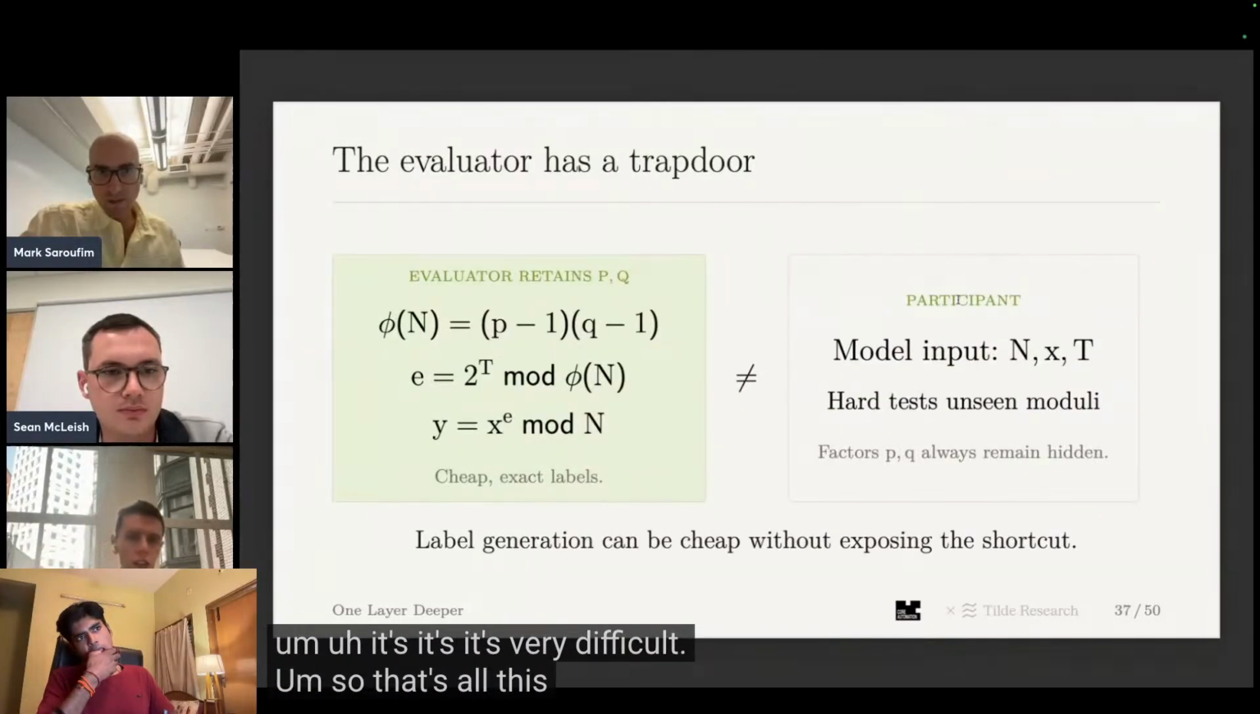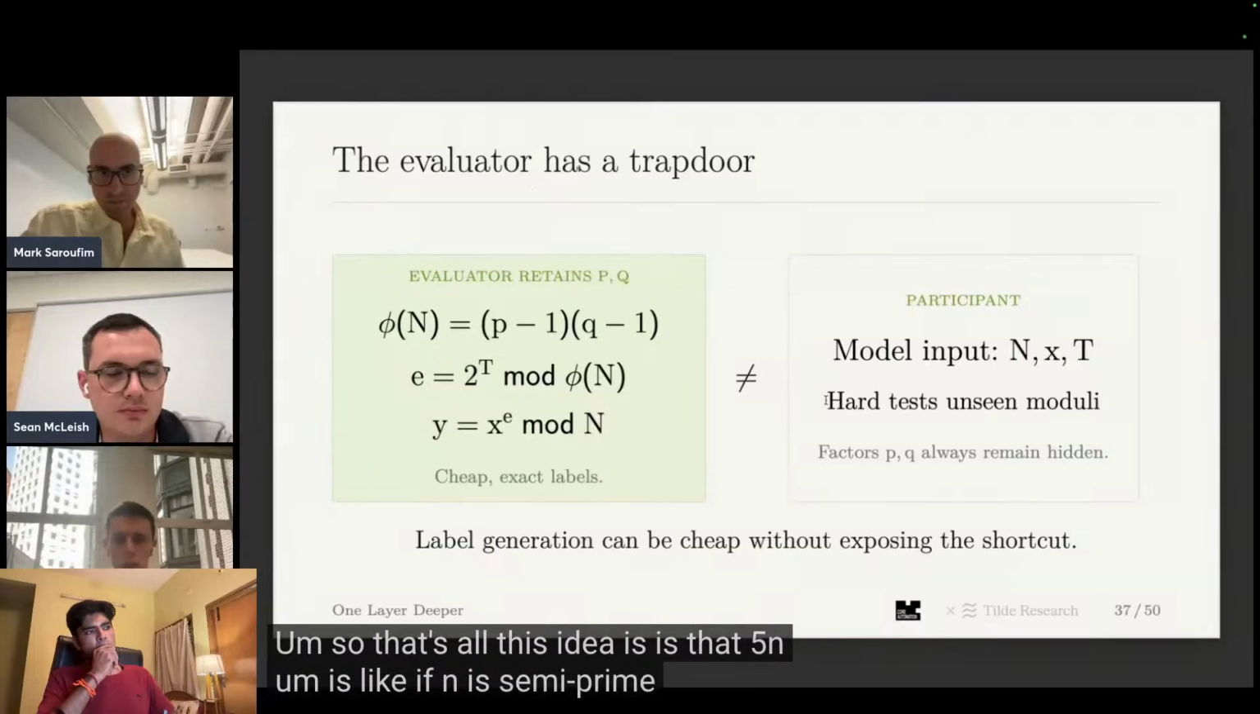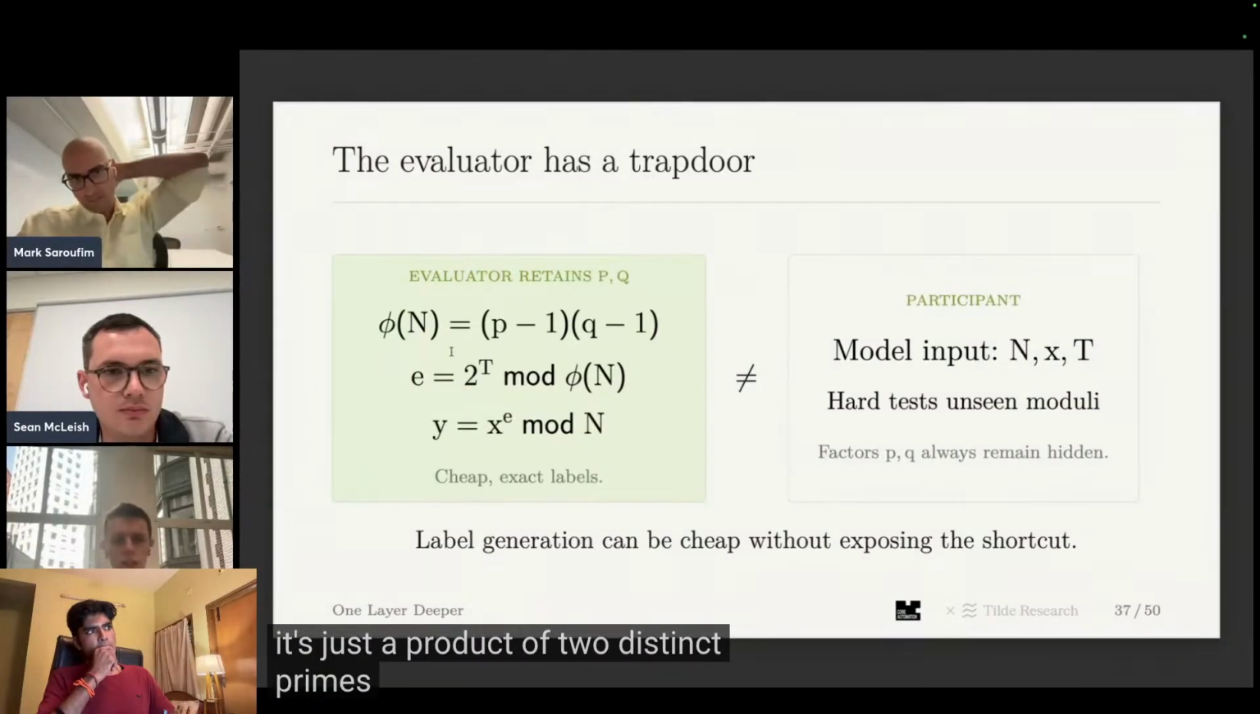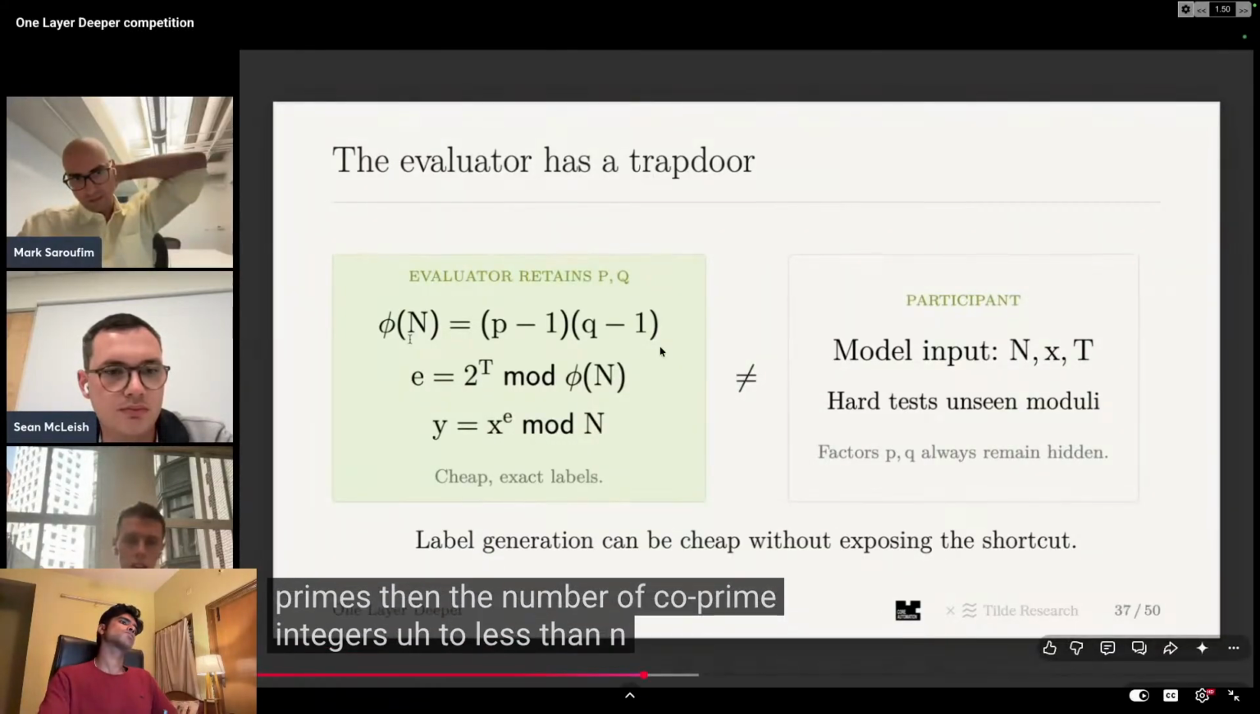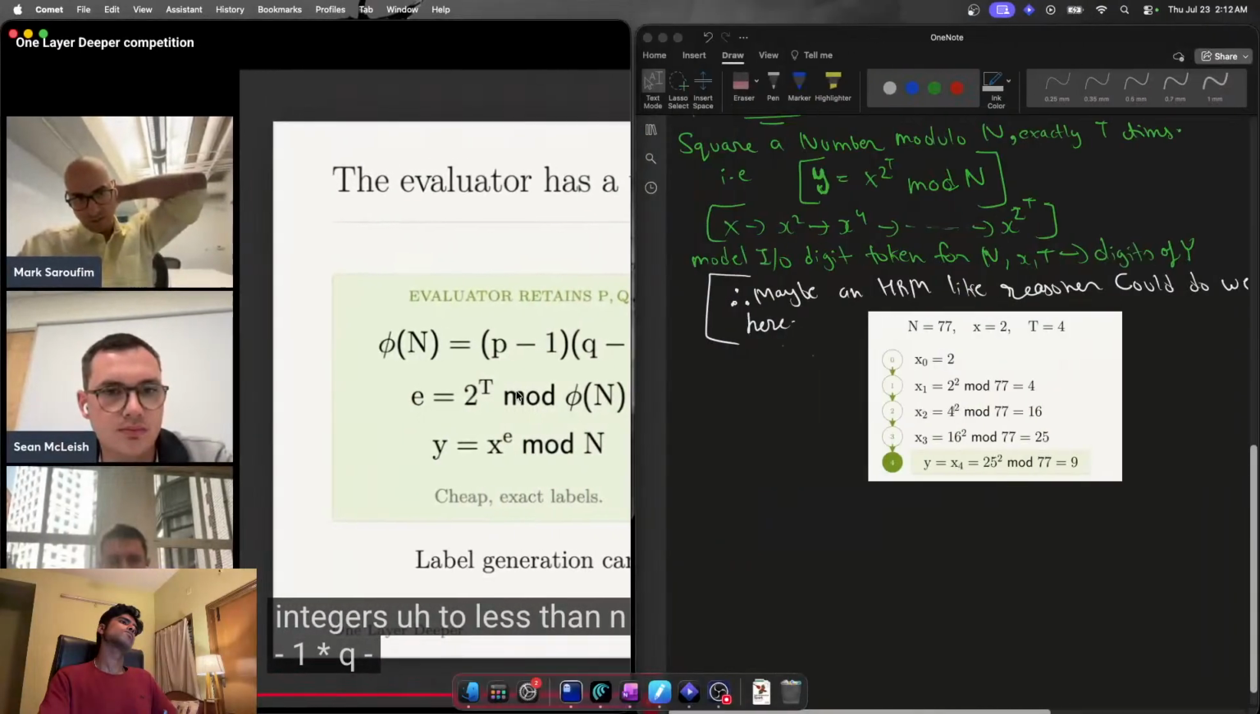So that's all this idea is: φ(n), if n is semi-prime, meaning it's just a product of two distinct primes p and q, then the number of integers co-prime to n and less than n is just (p minus 1) times (q minus 1). But in order to know that, you need